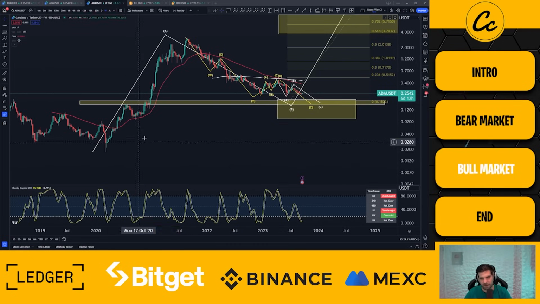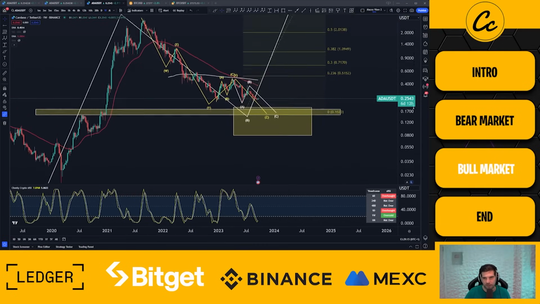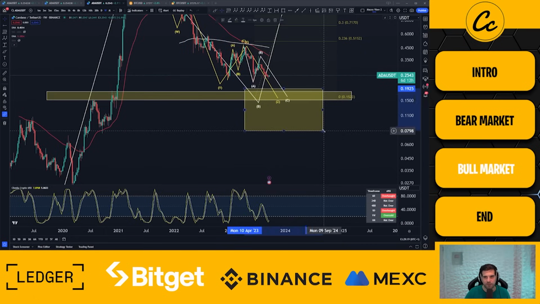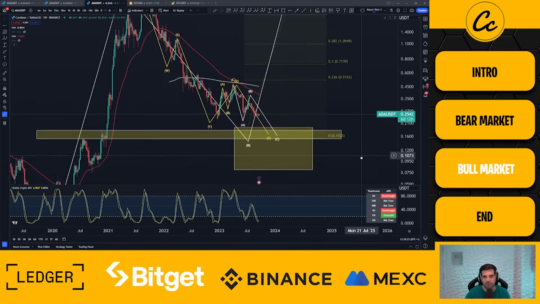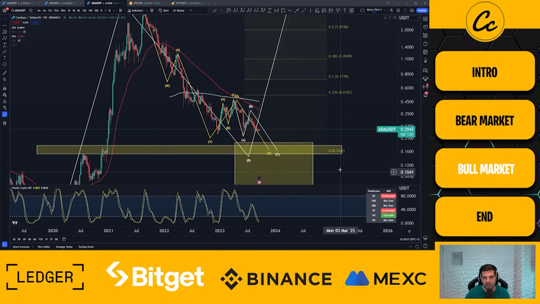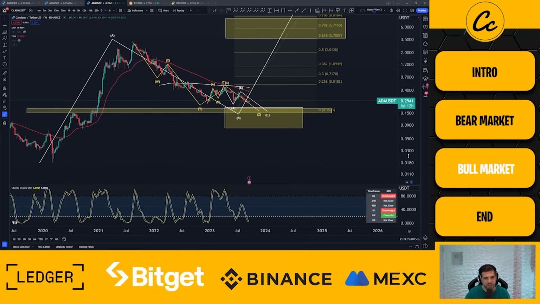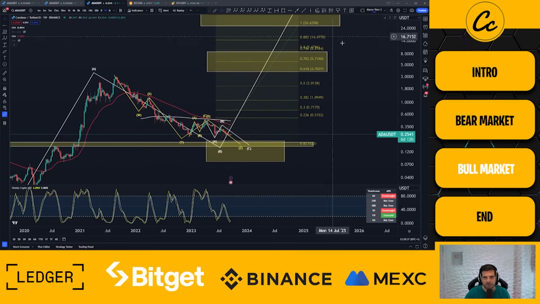Okay, and so we had a fantastic run, and now we're just in this bear market correction to the downside where we suspect 15 cent. Now, it is possible that the Z wave, as I've marked out here, goes down deeper, but I think this is likely to be the area that we find support on at the moment. As you can notice, a W, X, Y, X, and Z. So we had that fantastic A wave up, and we have this B wave coming down, which is a W, X, Y, X, and Z pattern, which we are looking to finish out around 15 cent. And then from here, we'll get this run to the upside.